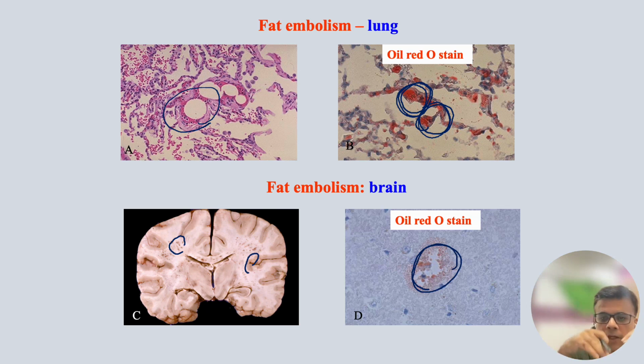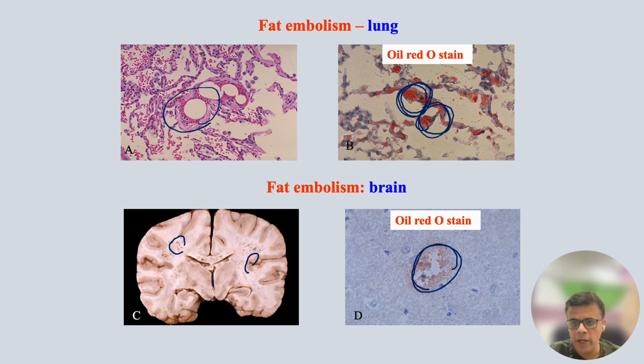To summarize what we learned today: fat embolism typically occurs due to trauma and some non-traumatic inflammatory causes as well. Trauma to long bones like the femur and pelvis are the common causes. Symptoms typically start 12 to 72 hours after the incident, and the fat globules obstruct the vasculature. Typically you see CNS manifestations, confusion, convulsions, delirium, and even coma in some cases. Respiratory difficulty, tachypnea and dyspnea, is the most common symptom and is seen in almost all of the cases.